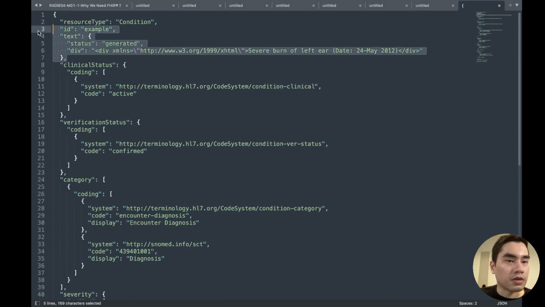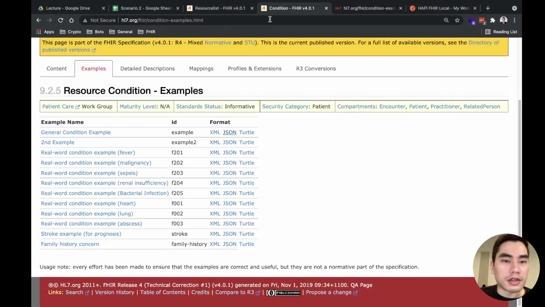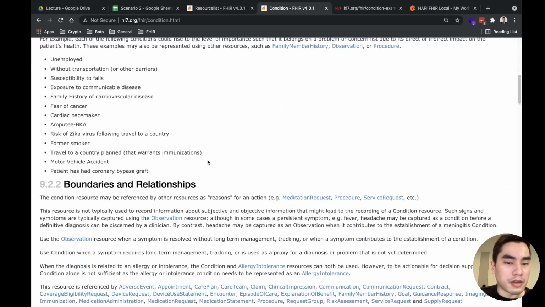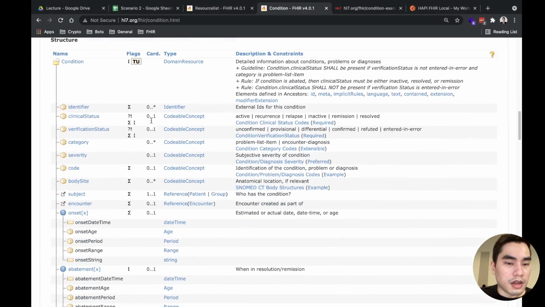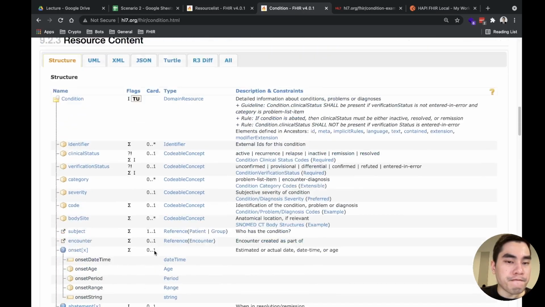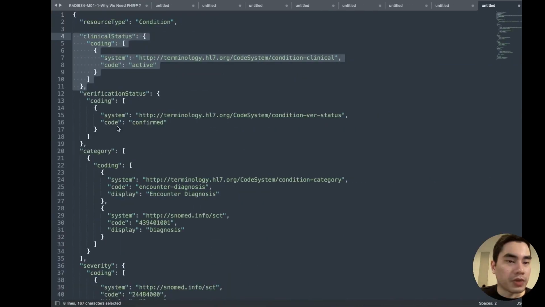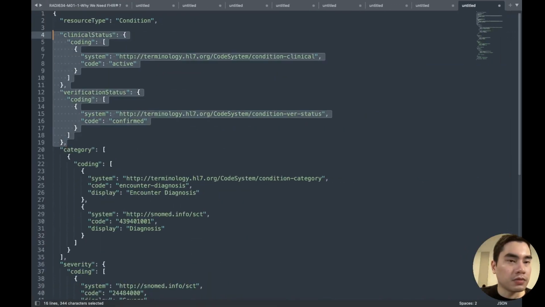Condition is one. All of this, let's see, are there any required elements? Subject, I think no, so we can remove it all.